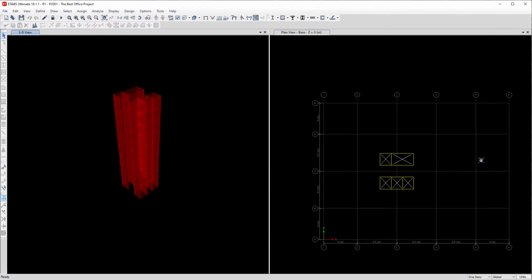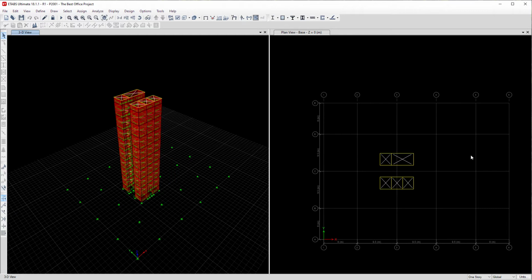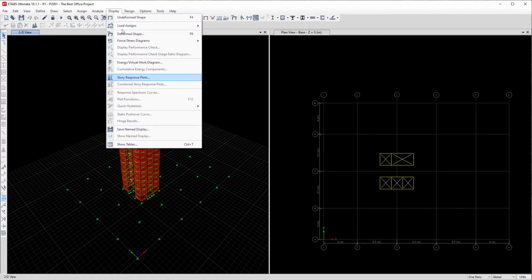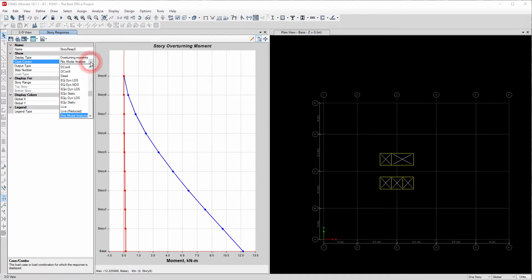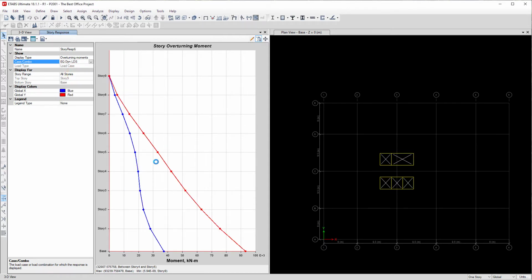All right, so now we can start to look at the overturning moments at the base, like what we've done with the static earthquake force. We can go to display, story response plots, and we can look at the overturning moments. This time we are switching on our earthquake dynamic load case. And we are looking at the limited ductile load case, which is this one. As we can see here, we are getting about